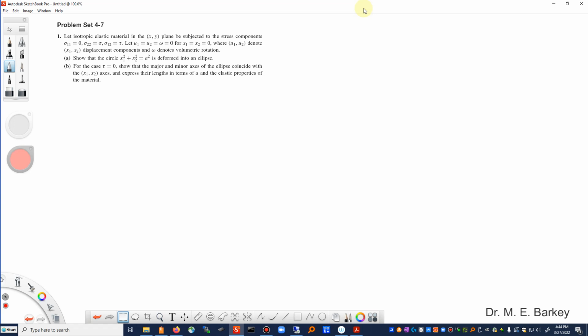Show that the circle x1 squared plus x2 squared is equal to a squared is deformed into an ellipse. And for the case of tau equal to 0, show that the major and minor axes of the ellipse coincide with the x1 and x2 axes and express their lengths in terms of a and the elastic properties of the material. All right, so